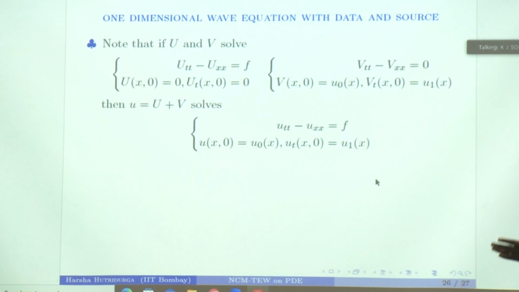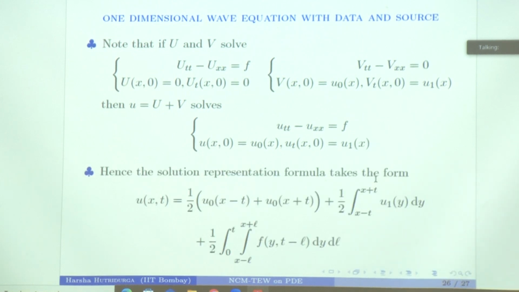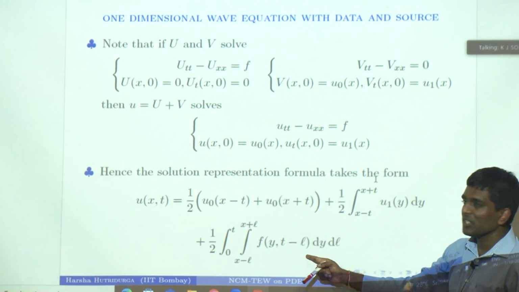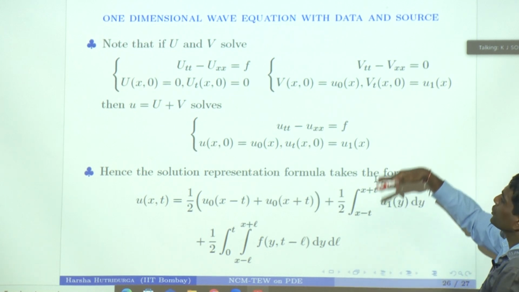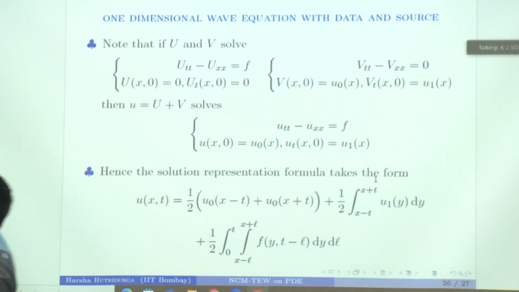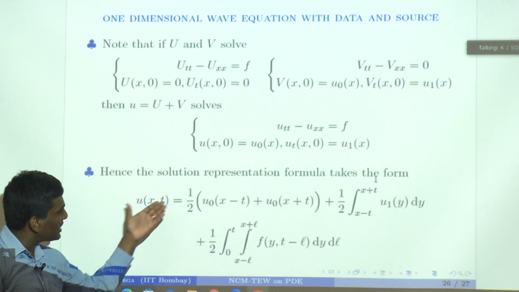Some people use this terminology like non-homogeneous equations, but essentially it means that there is some f sitting there. And this is the formula. This is the D'Alembert formula. This is the formula which involves the f, which we derived in the previous slide. So we have got a recipe again. If you give that general looking initial boundary value problem, sorry, there is no boundary here, initial value problem with a source term, this is the formula which solves that problem, and this is the unique solution. Once you are given an f, you simply compute this integral and D'Alembert's formula, and you just add.